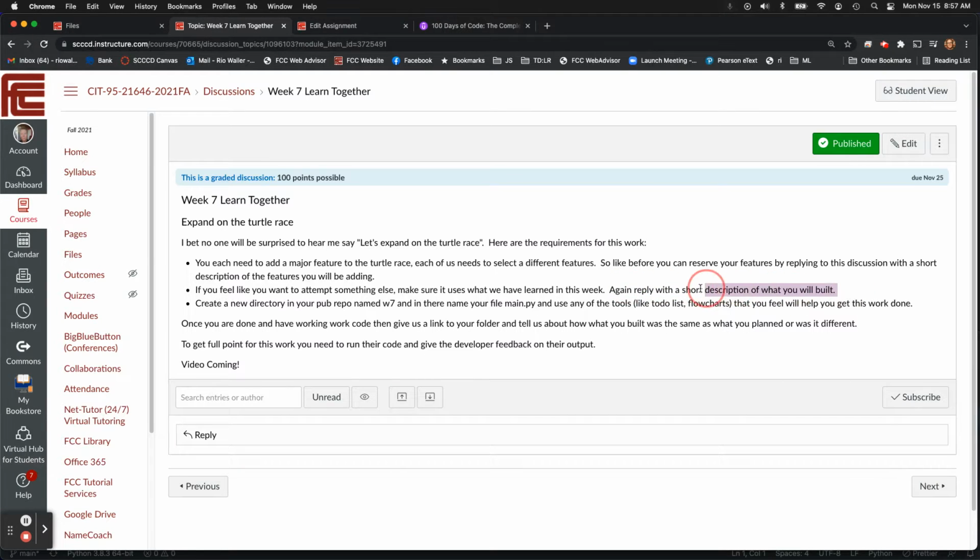Again, reply with a short description of what you will build, and then create a directory for W7 in your repo, name it main, and use any of the tools you feel are helpful. I'm not going to require this, but at this point, you've either seen the benefit of using to-do lists, flowcharts, and other things, or you feel like you can do it without them. Again, I'm not going to absolutely require it, but I'm going to suggest that if it helps you, you do it. Then once you're done and you have working code, give us a link to your folder